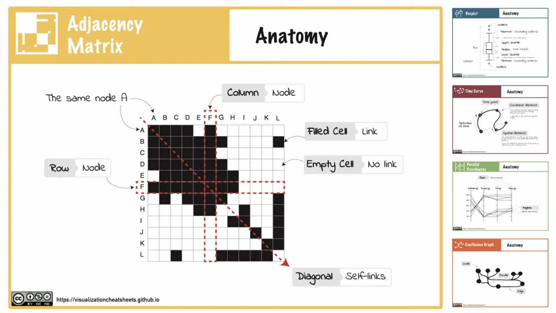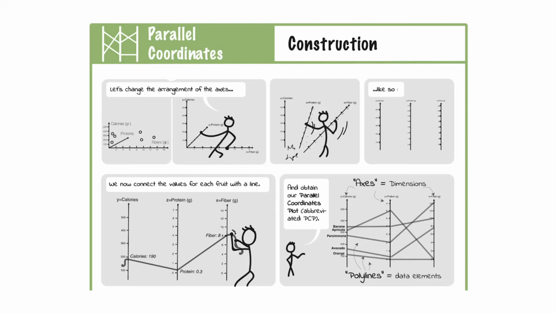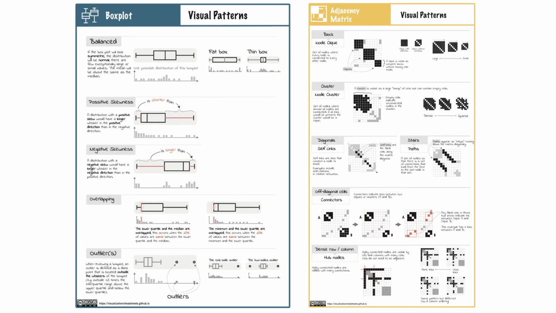The visual components of a visualization can include individual visual marks as well as groups of marks, axes, locations in the visualization, etc. Construction explains the conceptual idea behind a visualization design and how it encodes data. It reflects the relation between the data and its visual encoding, demonstrating the process of constructing or providing a familiar metaphor. Visual pattern sheets